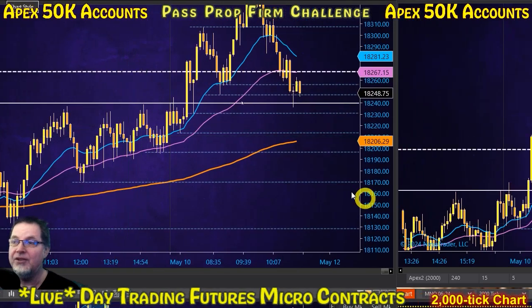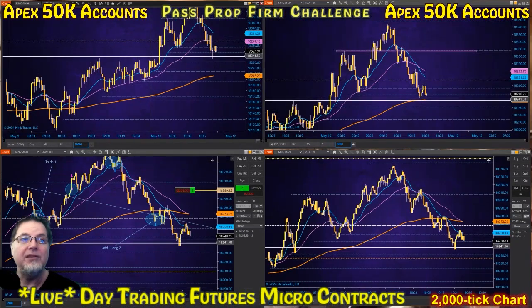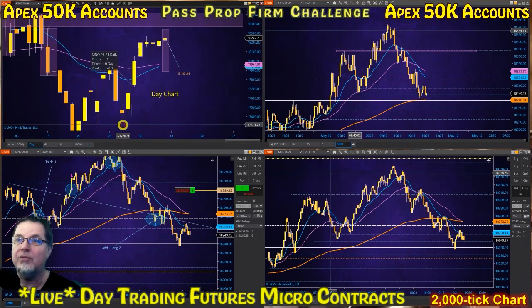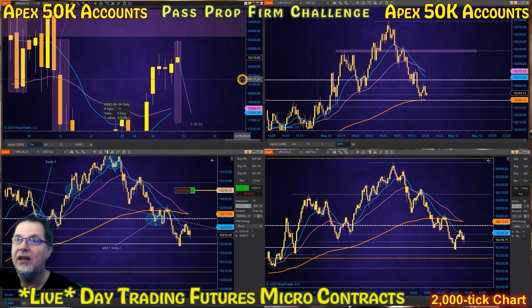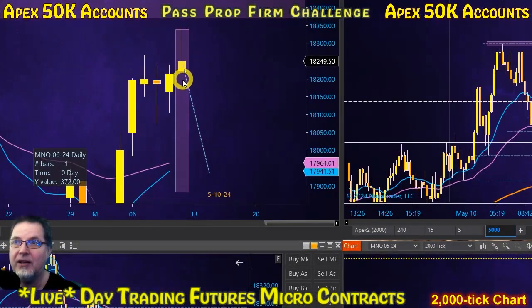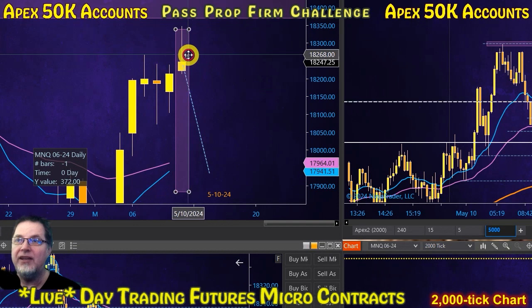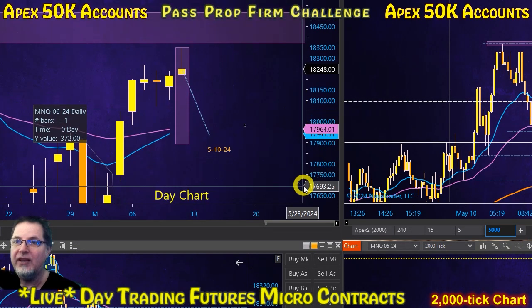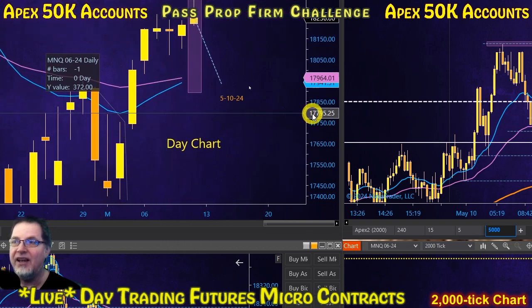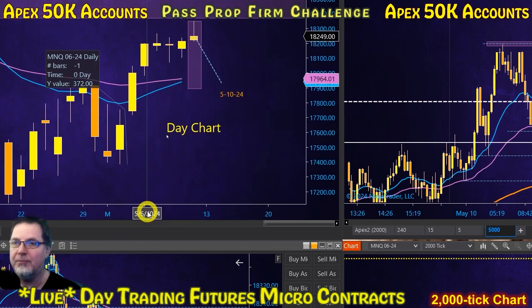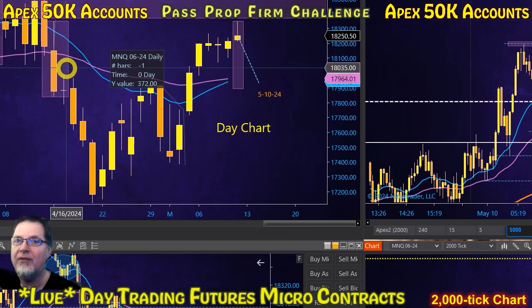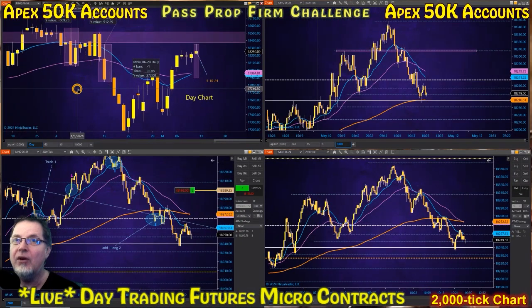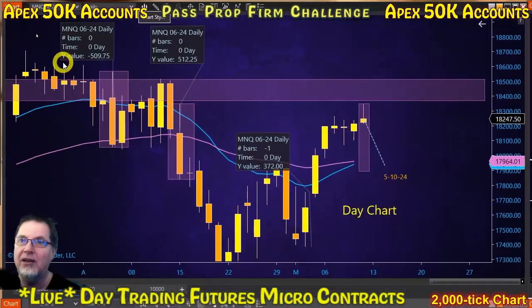And this thing could really just go all the way down, which if it does, that means the day chart is going to put in a gigantic wick and turn red and come down in a red candle, and that's when we've got to watch the daily range of the candle. The maximum daily range of the candles that we've seen on the days is about 500-plus points. Here's a 509 point day, a reversal day that just closed at the bottom.